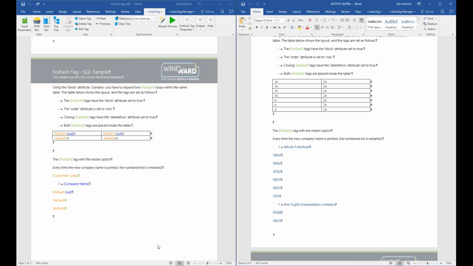What's happening here in the template is AutoTag collects all the data for the customer loop and all the data within the inner for each loop, ties it together, and then when it produces the output, it says what's after the customer loop. The first thing that comes next is the numbered list and the company name. Then what does it do? It goes to the next line